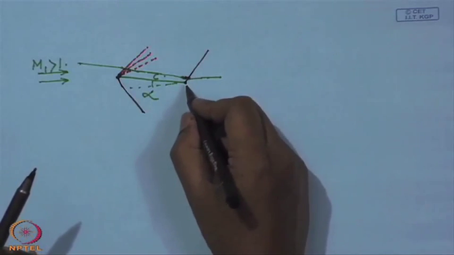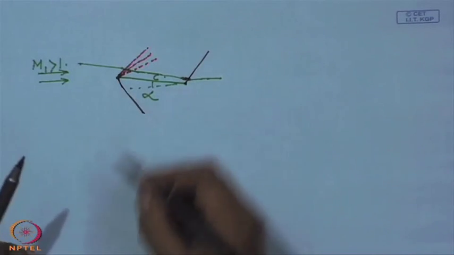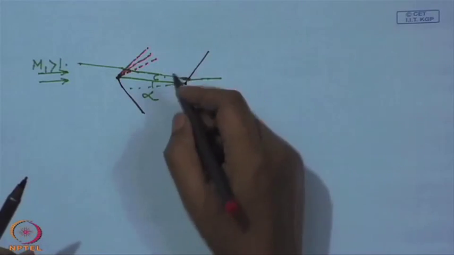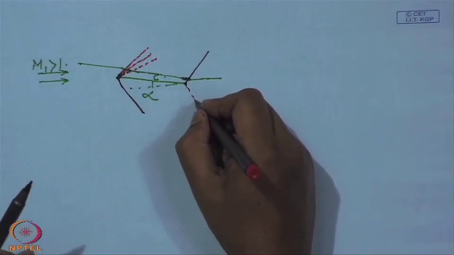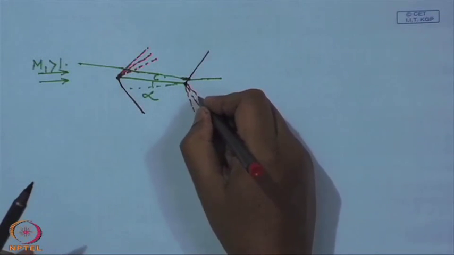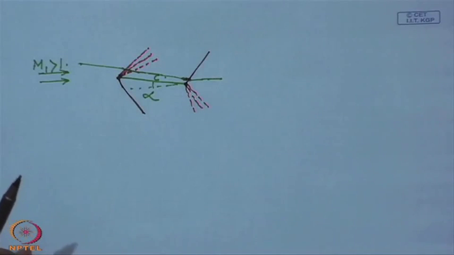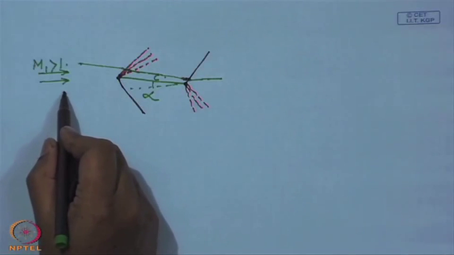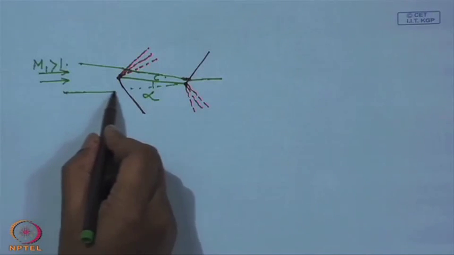And at the trailing edge, again it turns by a centered expansion. And a lower surface streamline can be